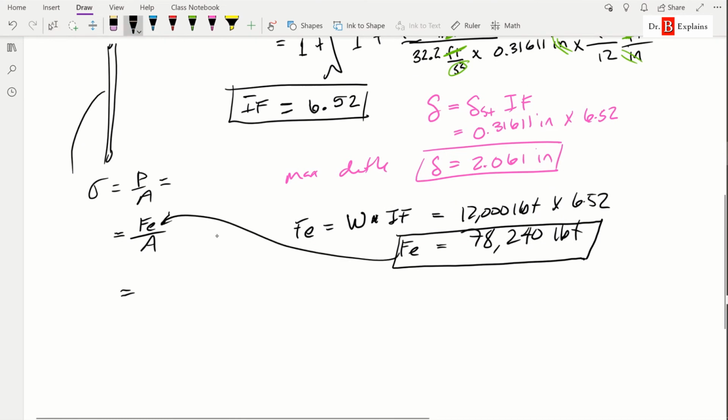Again, we're going to take this value and stick it over here. So we have 78,240 divided by the cross-sectional area. Remember, this wire rope had a diameter of 2 inches squared, right? So when we take 78,240 divided by pi by 4 times 2 squared, this gives roughly